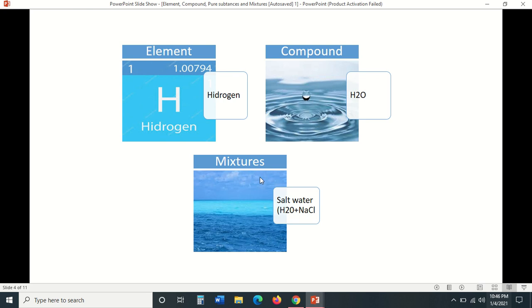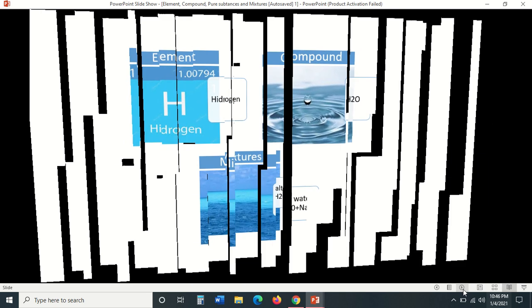And then there's a mixture. If you know what salt water or seawater is, it is actually water, it's H2O, but it's different because it is salty. What makes them salty is because they are a mixture and have another compound inside of it. So in salt water, there are H2O and sodium chloride, or what we know as table salt. So table salt mixed with water will form salt water, or water in the sea.